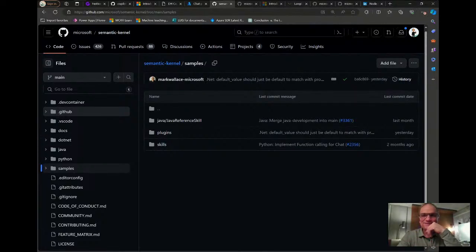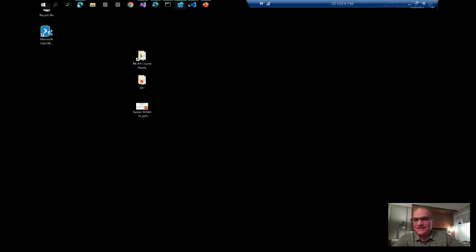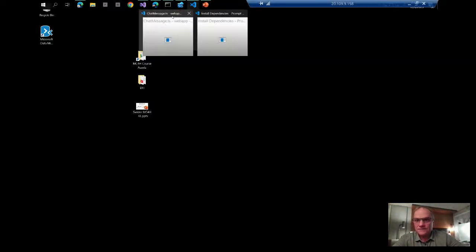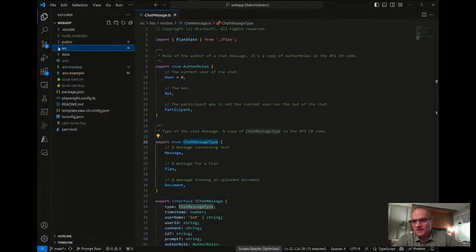I'm actually just looking at the one live on the Microsoft site here. And so we're going to start with semantic kernel to build this thing out. There's step-by-step instructions on how to set up the sample app and how to get it running. And the best way to really see it is just to look at it. So what I'm going to do is actually open up the part of the repo anyway